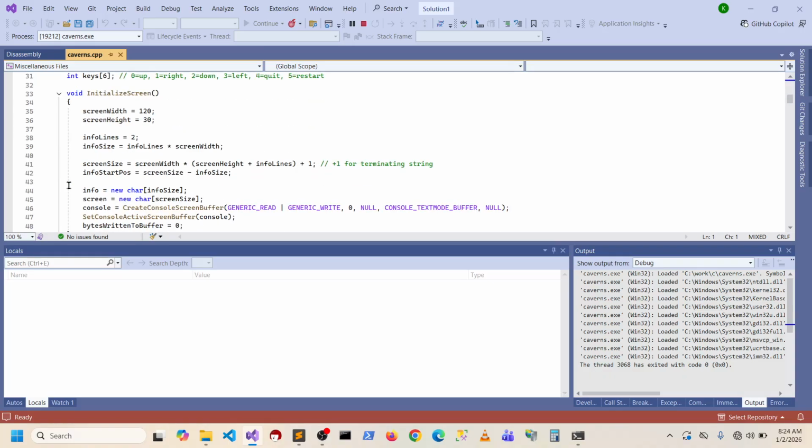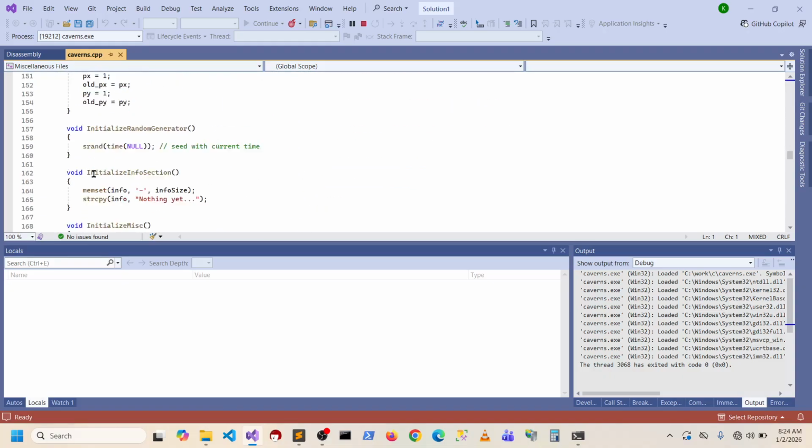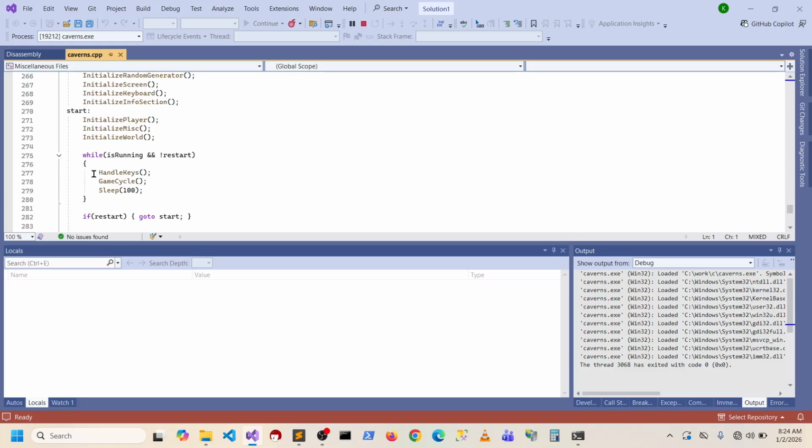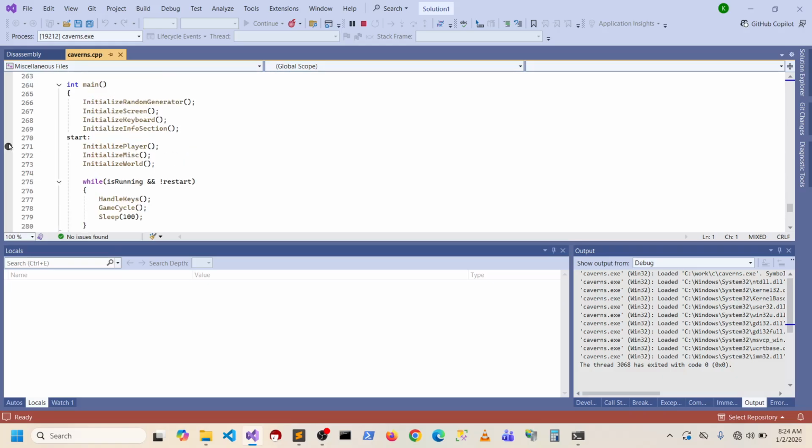It actually looks like it already. Let's go down here to main. Yeah, it looks like it's